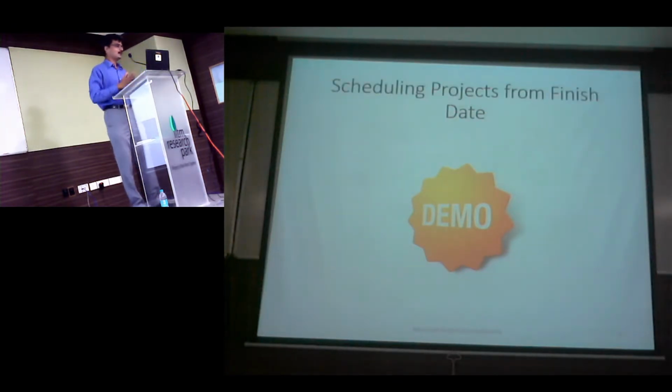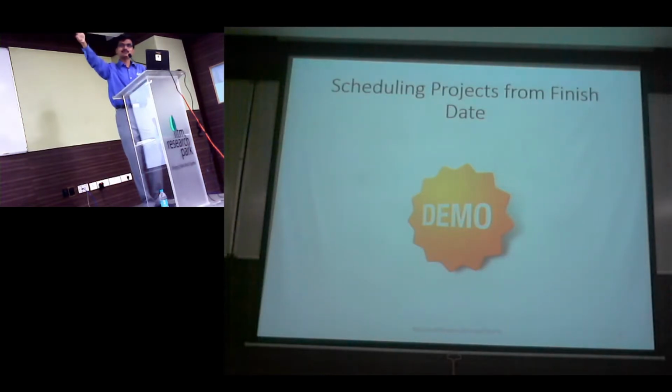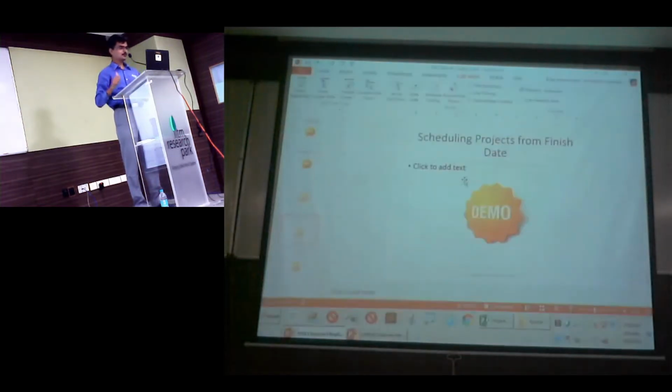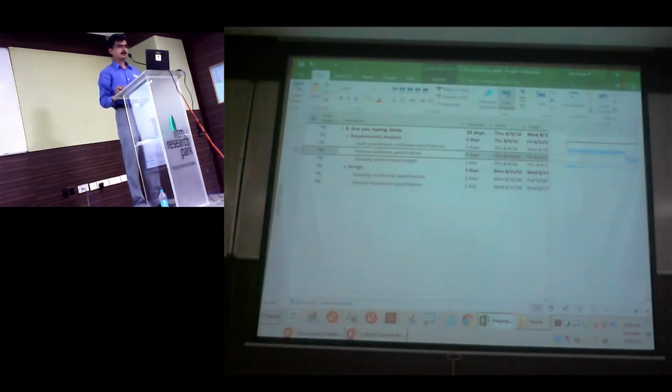Now let's look at the next mistake: scheduling a plan from a project finish date. Even before the requirement is known, we know the finish date ideally. So that's how we start planning from the finish date going back to the start date. I said there are 2 ways of scheduling a plan: forward and backward. Backward is used more often because the finish date is fixed but the start date is flexible. Though it is good for planning, it is not good when we execute the project because your finish date cannot move. So I'm going to show you what problems will happen and how to avoid it.